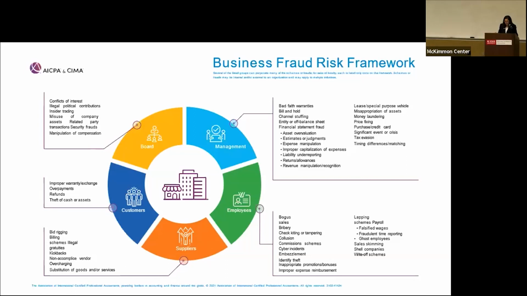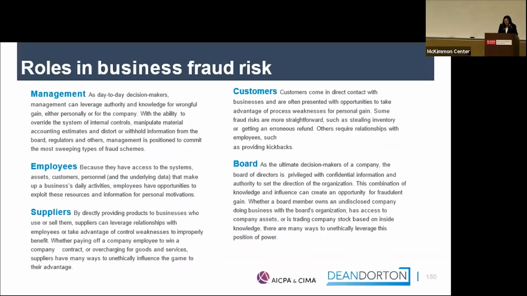So in terms of different roles in business fraud risk management, the issue with management, and why frauds committed by management involve a higher dollar amount, is that they often have the ability to override internal controls. And so they're harder to catch. And they can distort or withhold information from the board,